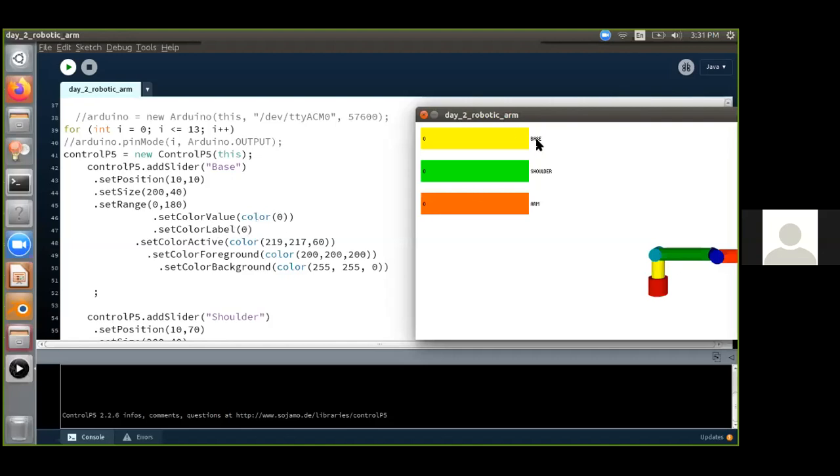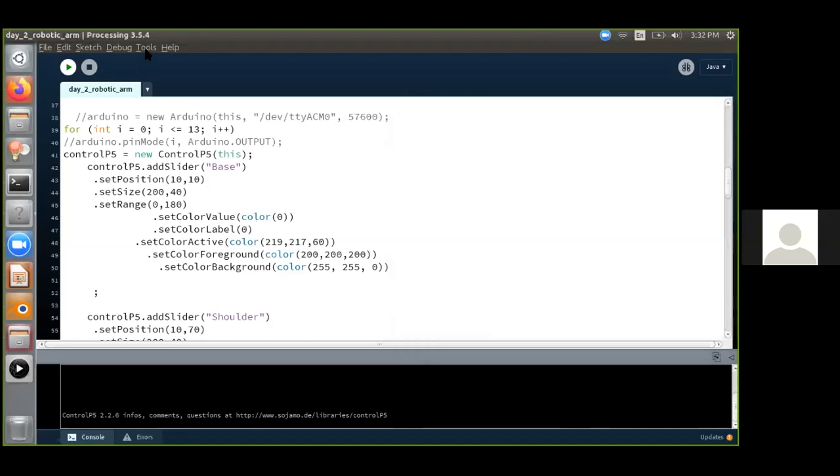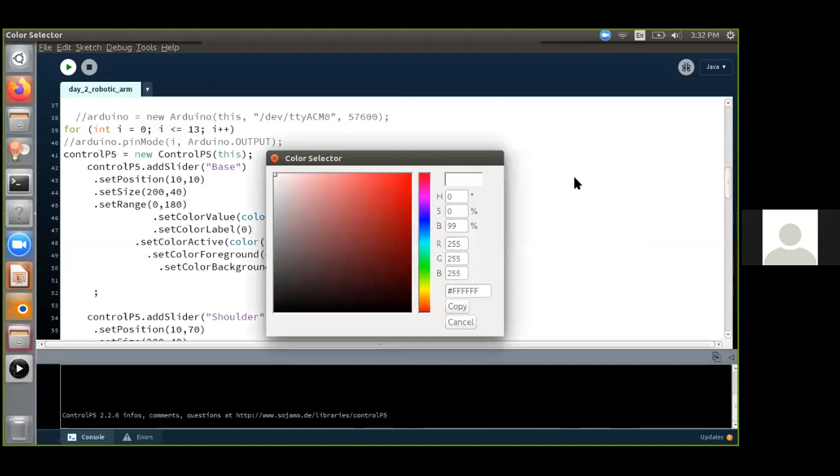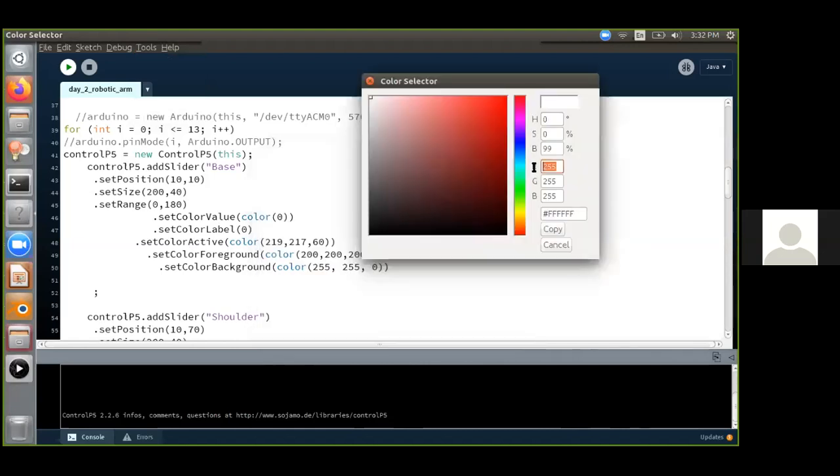This label is nothing but the base, that is also black in color. Active color is set to be 219, 217, 60. If you want, you can select the tools and go to color selector, and you can type the value and see. 219.